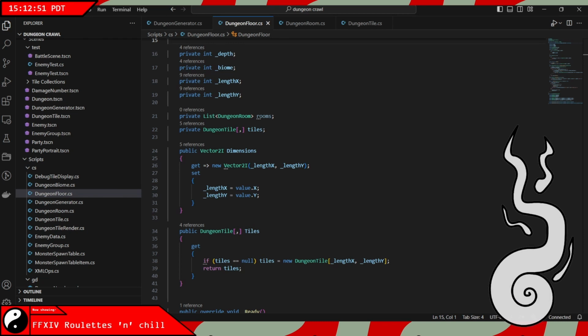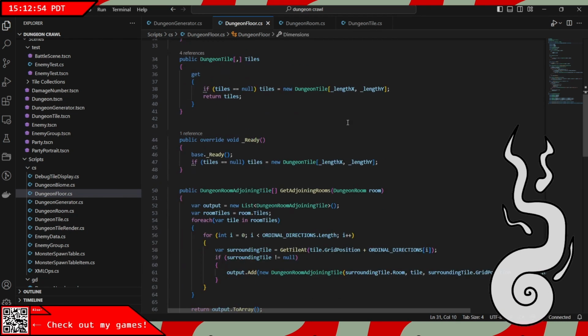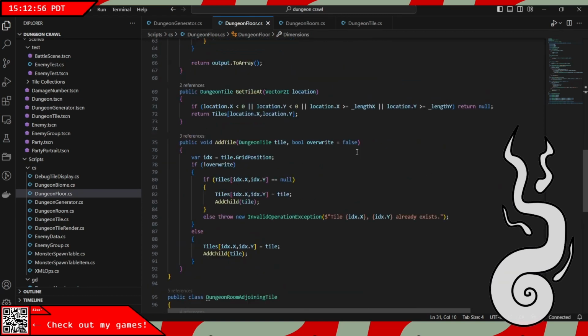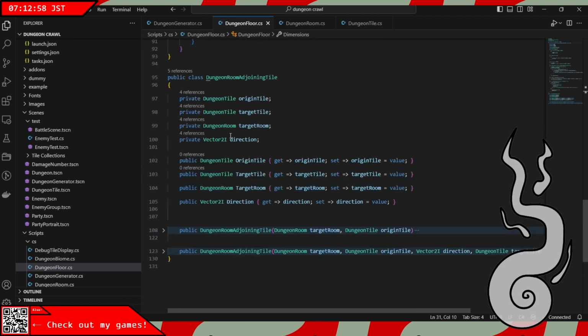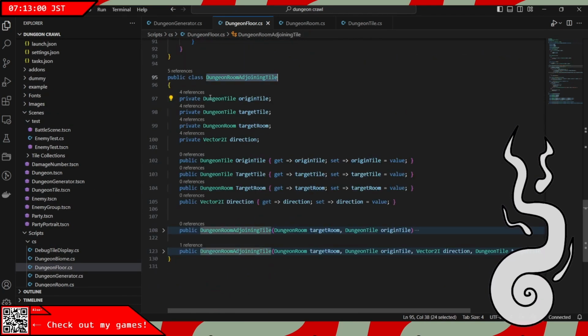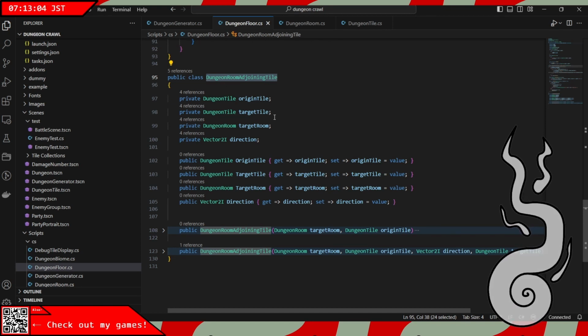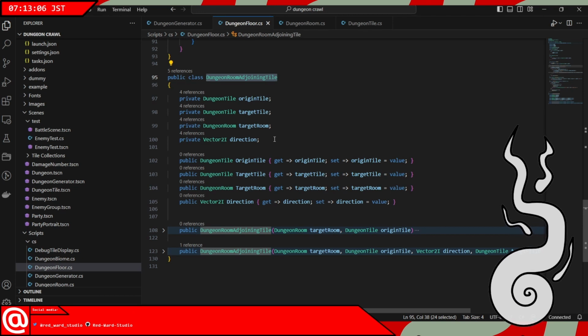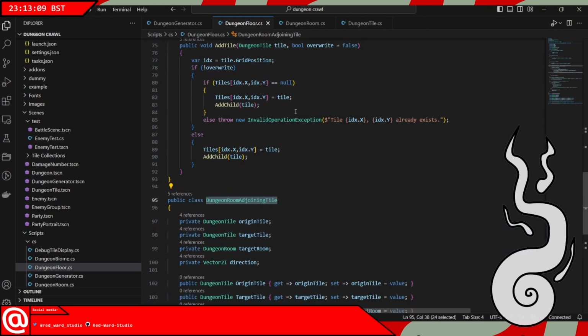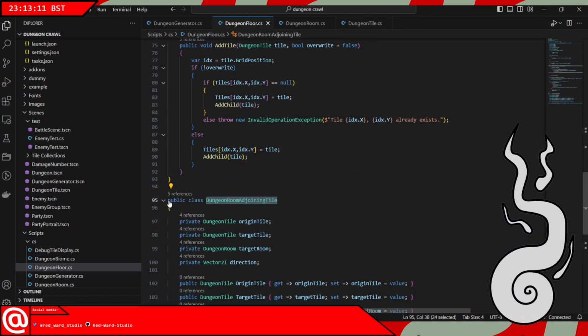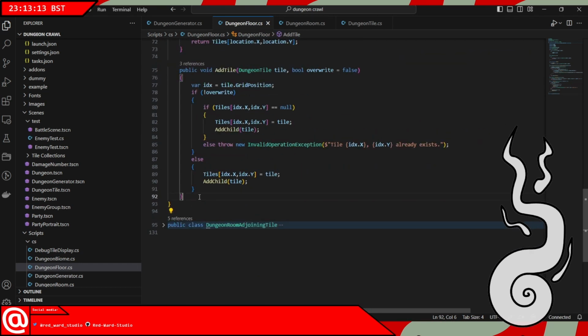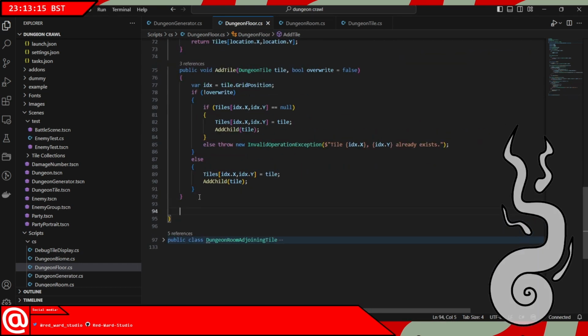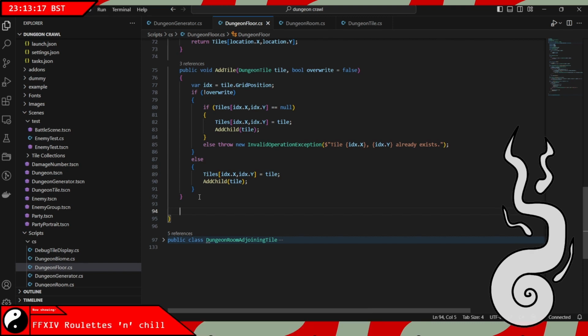Oh yes, dungeon floor. So I want to add a dungeon room adjoining tile. That's its own data structure. If I want to work out which rooms are adjacent to each other, for the purpose of putting in doors, we can ignore this for the time being. So below our tile, we probably want to